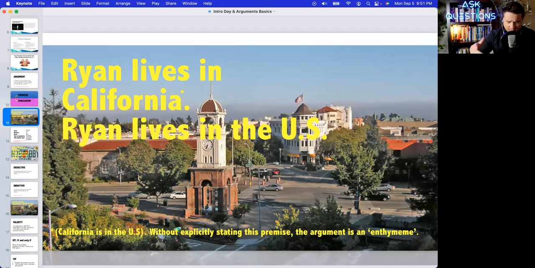And of course, we're talking about the California, one of the 50 states. California is in the United States. That's an implied premise. But the short and sweet version is right here. So think about the logical relationship between living in California and living in the United States. Just think about that for a moment. Compare this argument